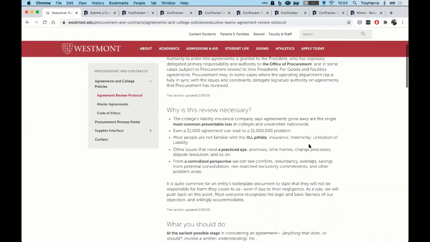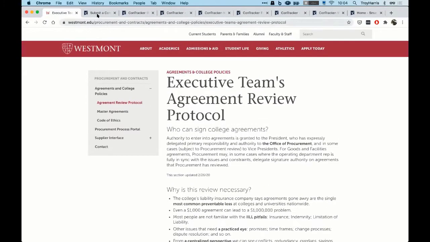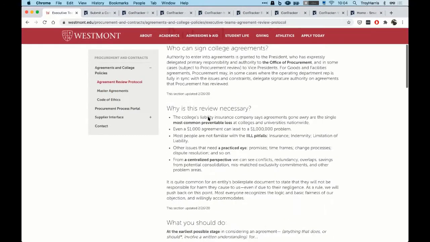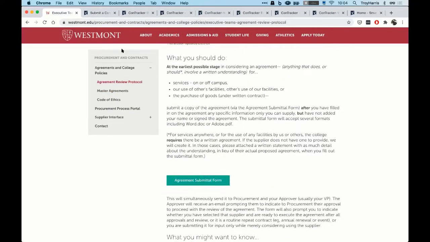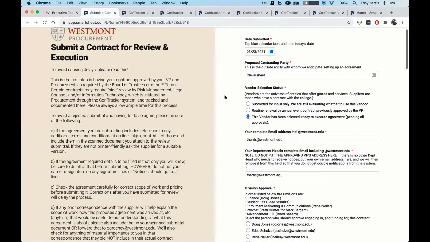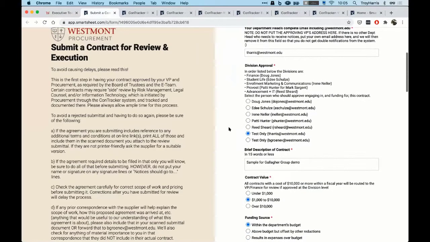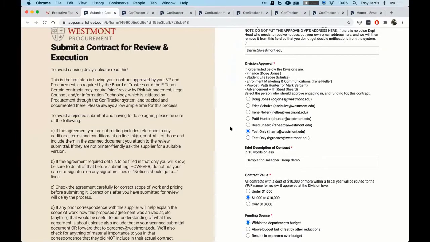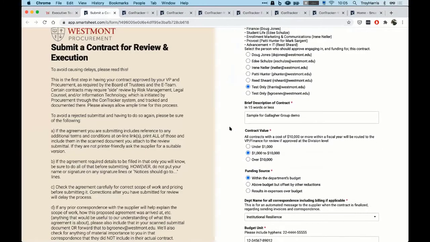And when they are ready to submit something, there's a form link here, agreement submittal form. When they click that, they will see something that looks like this. It gives them some guidance on the left, and then the form is filled out by them on the right side. I have filled out this form as a dummy, so I get to be the dummy that you get to walk through it. And I've set myself up as the test approver,